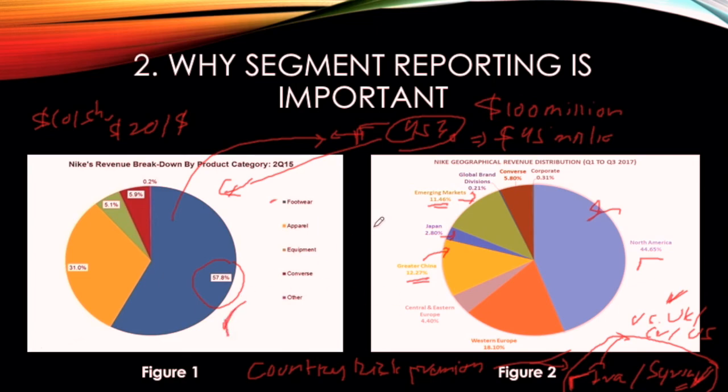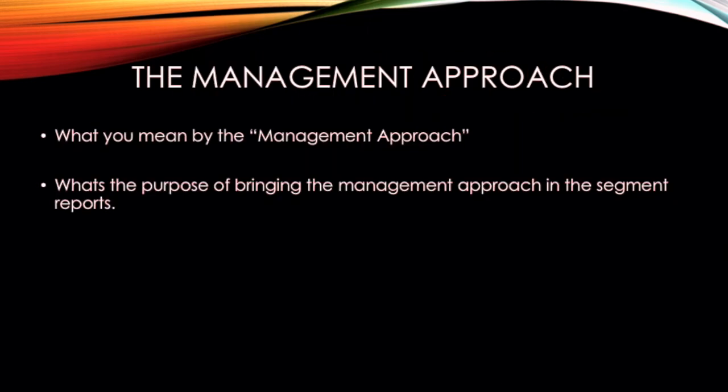This will help me calculate the total revenue and understand total profit and the FCFF and FCFE calculations. It's very crucial. And this will help me as an analyst to calculate the country risk premium to understand the economic risks to which the entity is exposed. Now, the third point that I promised I will discuss in this lecture is the management approach. The management approach is a very significant change as compared to IAS 14. IAS 14 was the old segment reporting standard.